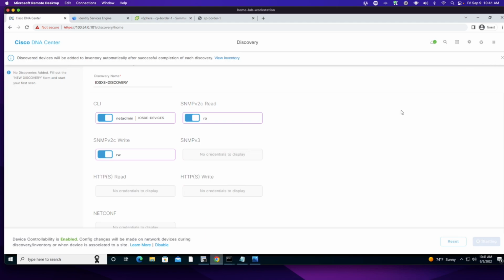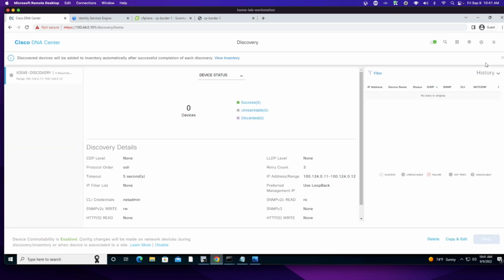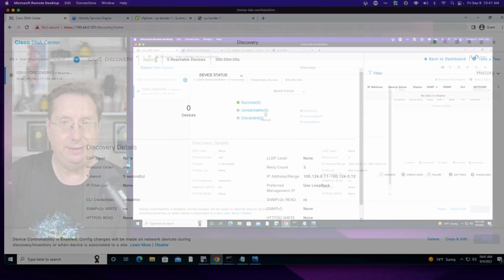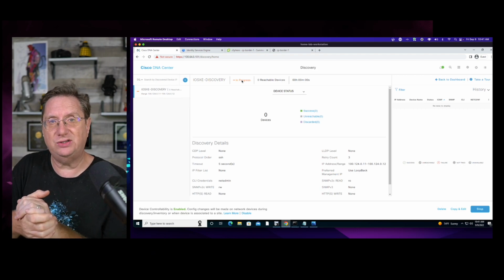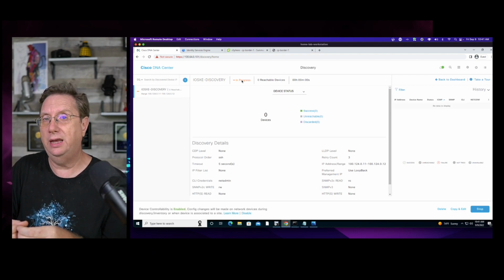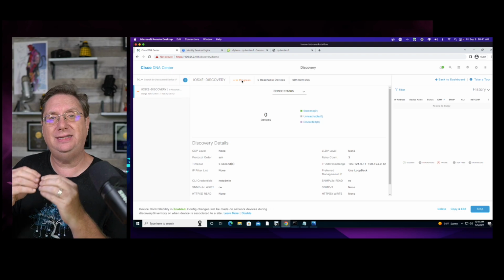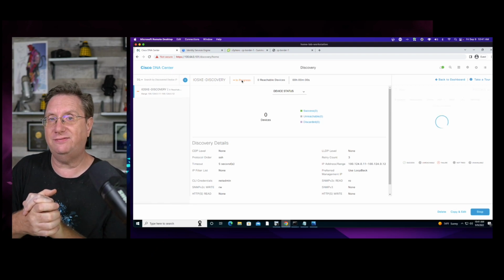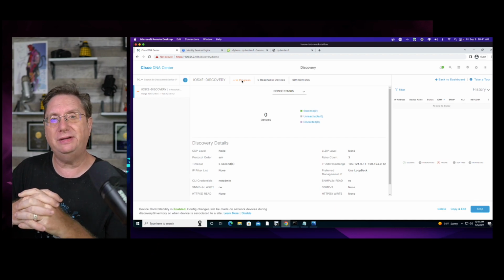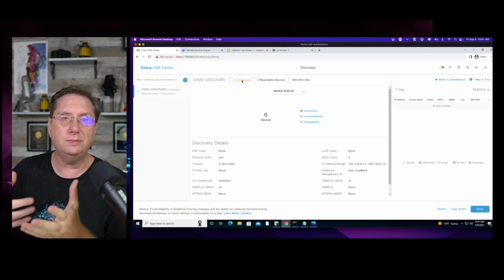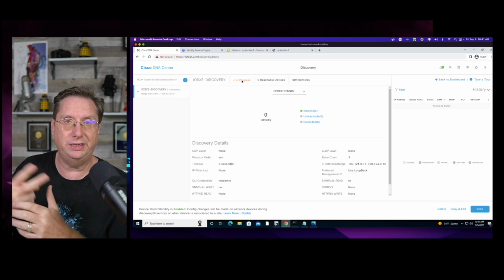Now, what I'm going to do is wait a little bit, and I'm going to hit this little X here because this is covering up the status of what's going on in my DNAC. We want to go out and see if the DNAC can access these devices and add them to our inventory. So the hope here is that the DNAC is going to SSH to these devices. It's going to leverage the credentials that we provided. It's going to do everything that we set up, and ultimately it should be able to find these two resources,